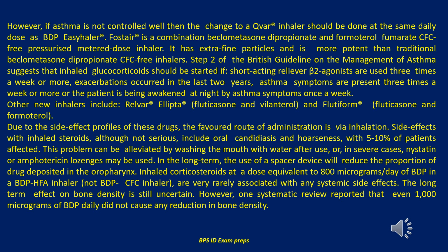deposited in the oropharynx. Inhaled corticosteroids at a dose equivalent to 800 micrograms per day of beclomethasone dipropionate in a beclomethasone dipropionate hydrofluoroalkane inhaler, not beclomethasone dipropionate CFC inhaler, are very rarely associated with any systemic side effects. The long-term effect on bone density is still uncertain. However, one systematic review reported that even 1,000 micrograms of beclomethasone dipropionate daily did not cause any reduction in bone